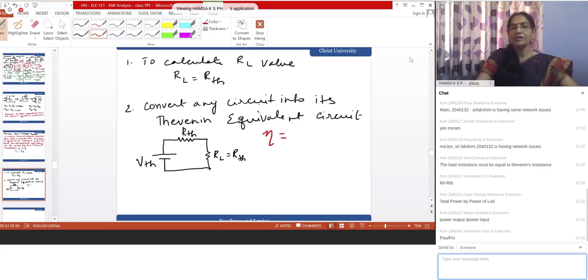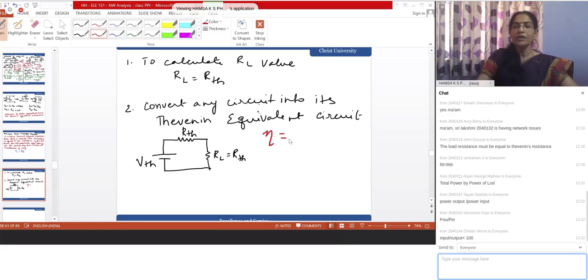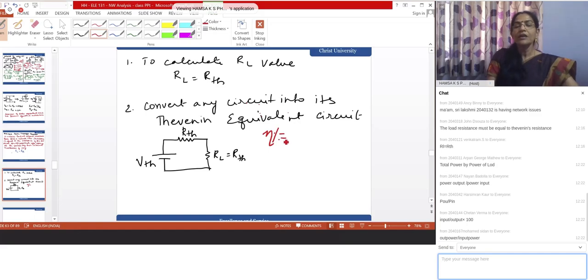Okay. So basically efficiency is nothing but the output divided by the input, right? Whatever be the output power, you just find out what the output power is, find out what the input power is, and efficiency is always a percentage. So percentage efficiency, it's always expressed in terms of a percentage, and we always multiply it by 100, right? So here we are talking about power. So it will be output power divided by input power. Okay, I will write it as Pin. So output power divided by input power into 100% will give the percentage efficiency.